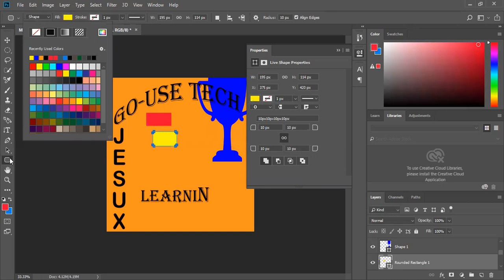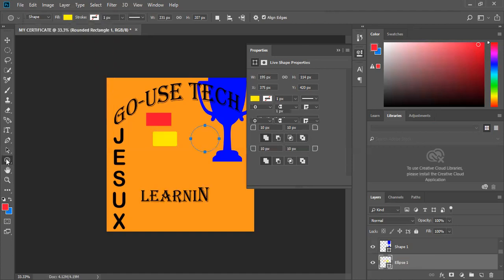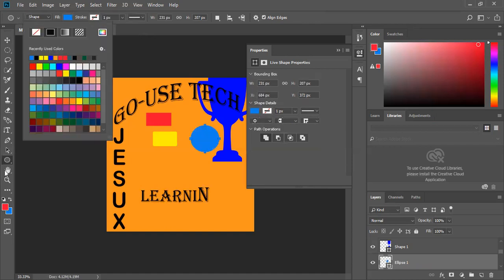Then we go to ellipse. Ellipse is like a circle. So we're going to click on that circle. Then we come here, we draw our circle. Our circle, we're going to give it a new color, and its color will be maybe green. You see, and then we have